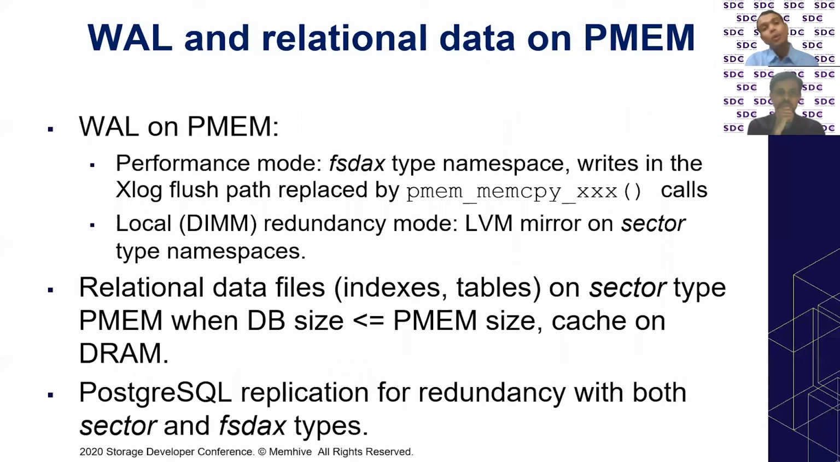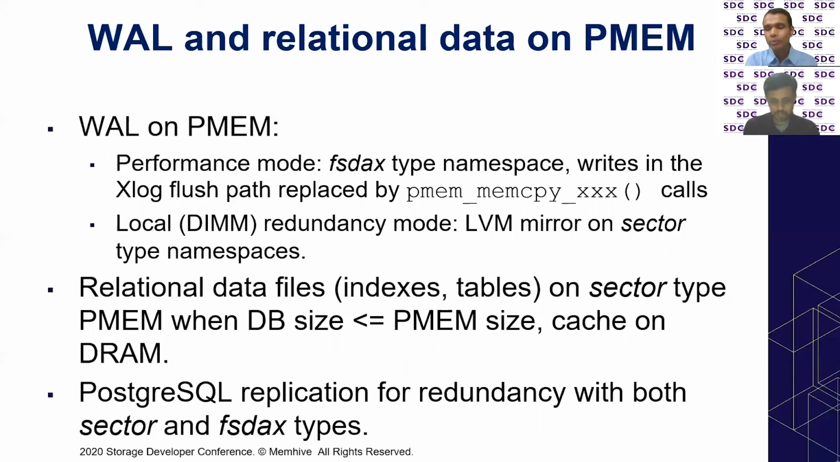The next feature is about placing the write-ahead log files on PMEM. This can be done in two ways. A performance mode, which places the write-ahead log files on a DAX-mounted file system and uses the PMEM memcopy API instead of the POSIX write API in the Postgres path that flushes the in-memory write-ahead log buffers to stable storage. Then we have a local redundancy mode that uses a file system mounted on a LVM mirror